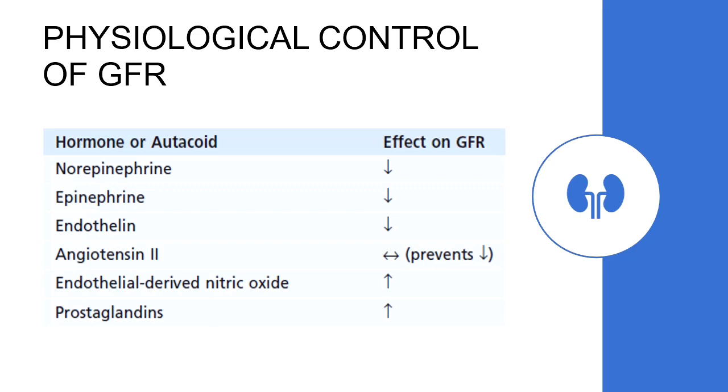In a normal individual, the effect will be somewhat an increase in the GFR. But in a person who is having hypoperfusion or hypovolemia and there is a decrease in GFR due to an underlying pathological condition, angiotensin II is a powerful vasoconstrictor of the efferent arteriole, more so than the afferent arteriole, which will cause an increase in the GFR. Also, it will prevent a further fall or deterioration in the case of this patient.